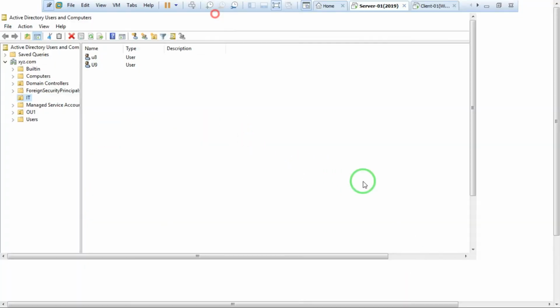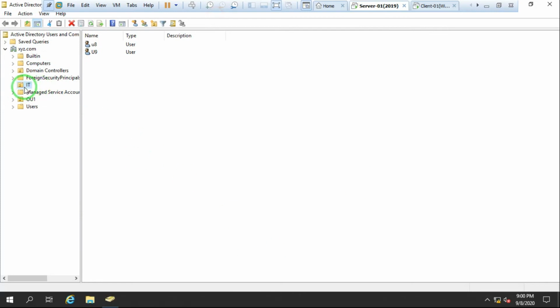As you can see, I have already created an OU named IT, and we have two users, U8 and U9. So I deploy this folder redirection policy on this particular IT OU.